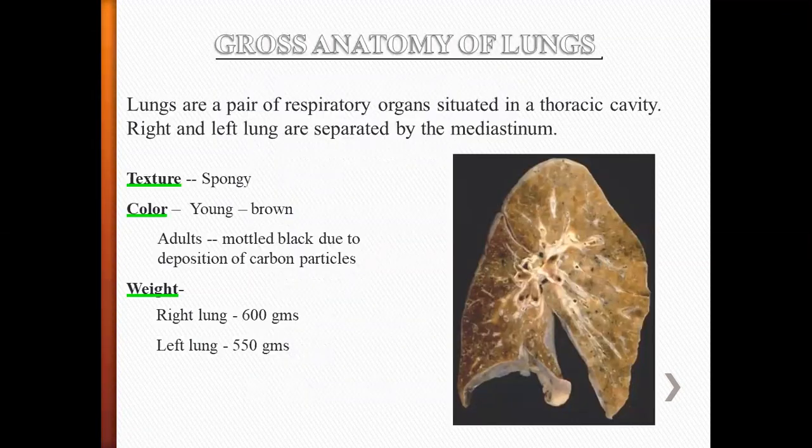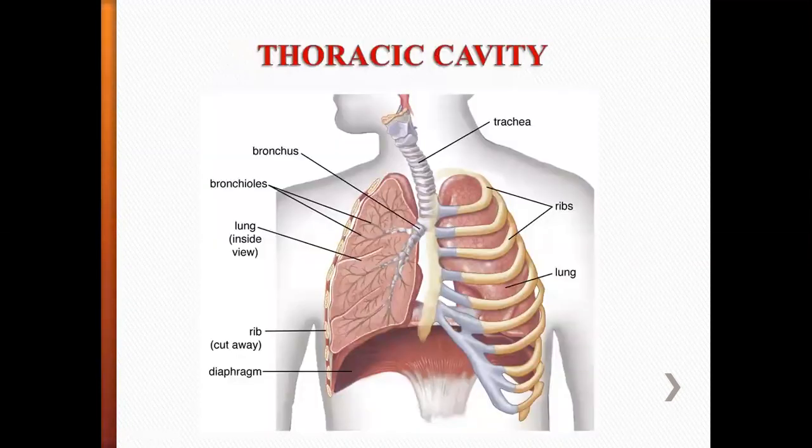If you see the lungs, let's look at this picture. Can you see the lungs here? We all have two lungs. It's a paired organ: one on the right side and one on the left side. These lungs are generally situated in the thoracic region, and in this picture you can see the thoracic region.